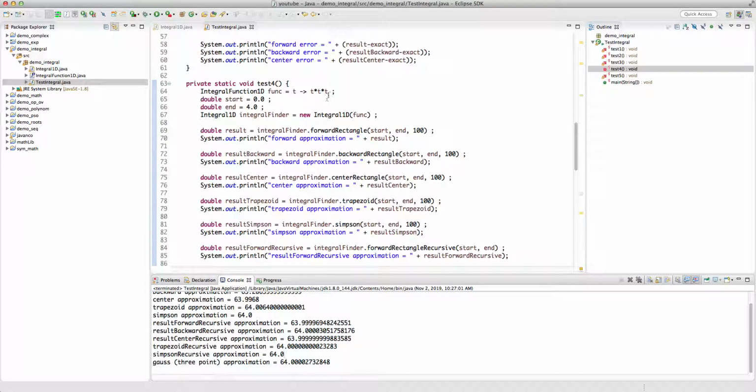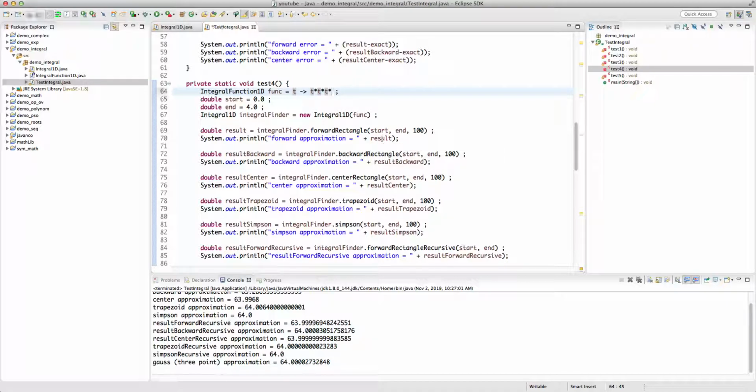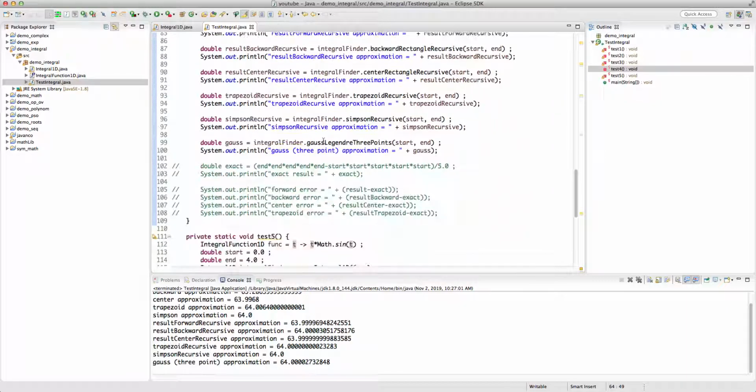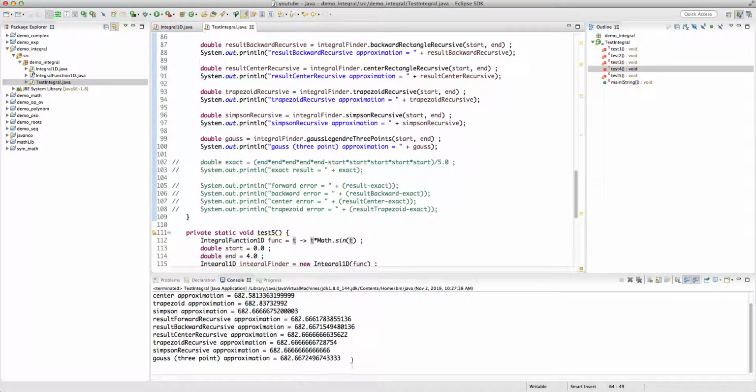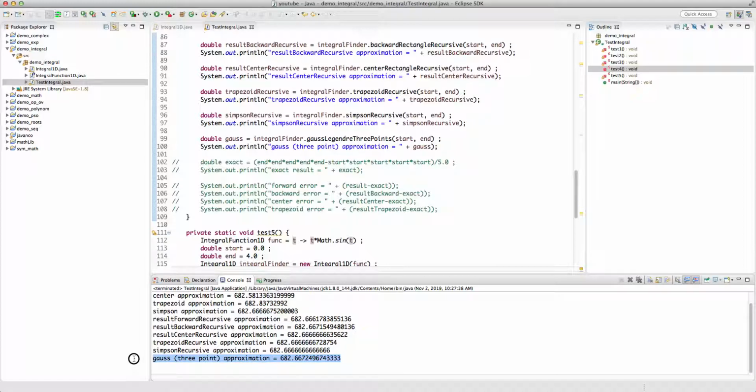So T3, T4, T5, the Gauss quadrature should give me exact results. 682. Okay. Simpson returns 682.666, and then